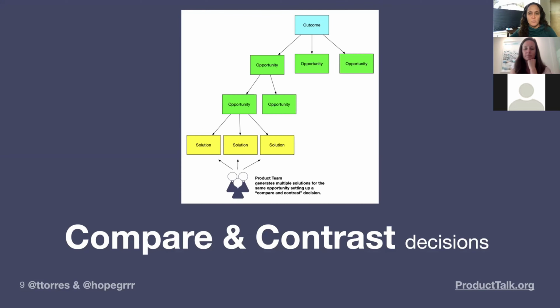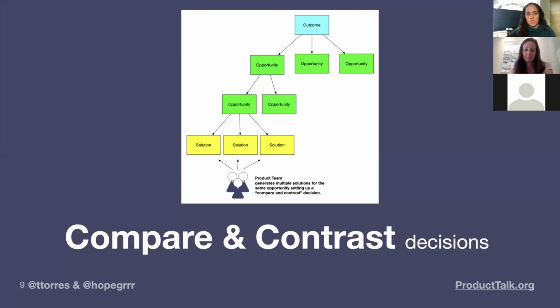So if you're working on an outcome, the first thing to compare and contrast is the opportunity space. What opportunities are available to us? If we were to try to drive this outcome, what customer needs, pain points, desires should we be addressing? And so instead of tackling the first problem you hear about, or what we see in a lot of companies, this ping-ponging back and forth based on the last customer you talked to. They showed a need, you jump to solve it, you talk to the next customer, you jump to solve their need. But instead, taking an inventory of the opportunity space and comparing and contrasting and saying, what's the most important thing that we can be doing?